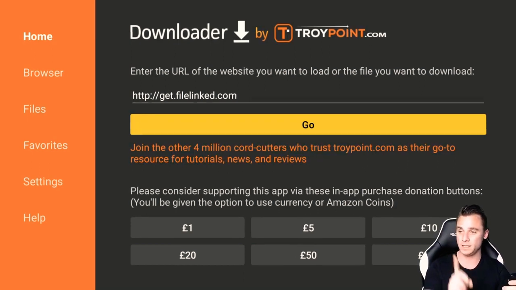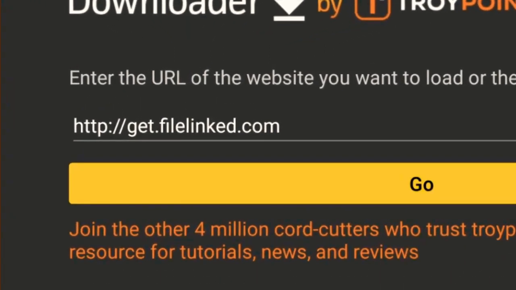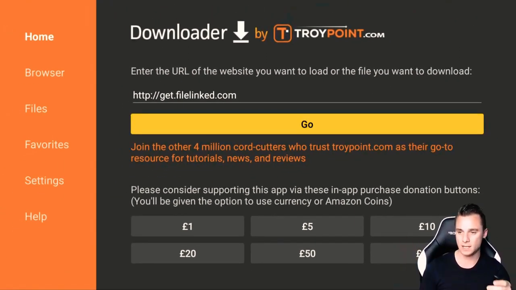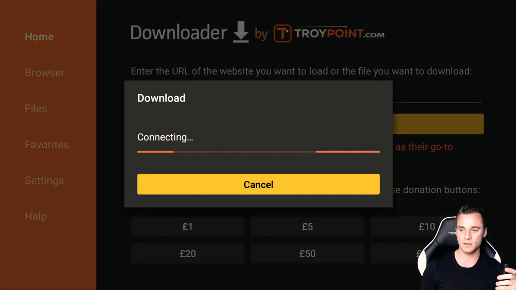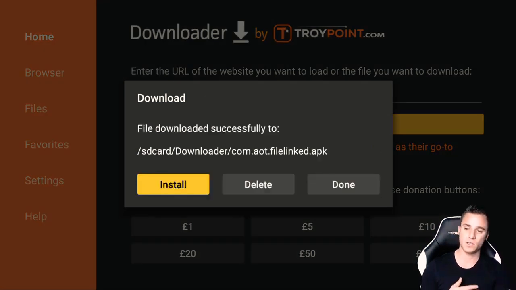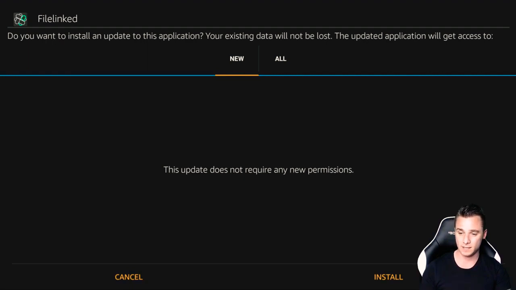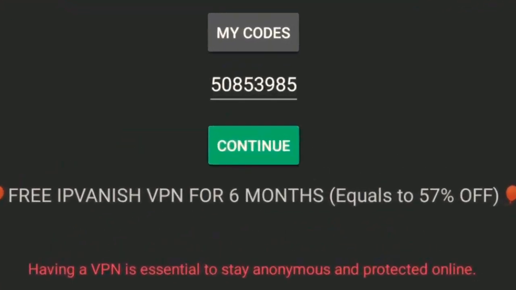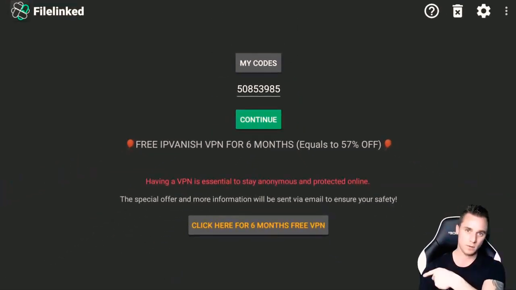So what we need to be putting in that URL at the top is get.filelinked.com, and I will pop this in the description. So once that's in there, if you just click go, it's going to install File Linked directly to your Fire Stick. So once you've got that, install it, then just open it up. So the code you're going to be putting in my code section is 508-539-85, and I'll also pop this in the description for you, so you can just scroll through there, or you can just pause the video and then enter it yourself. So click continue,